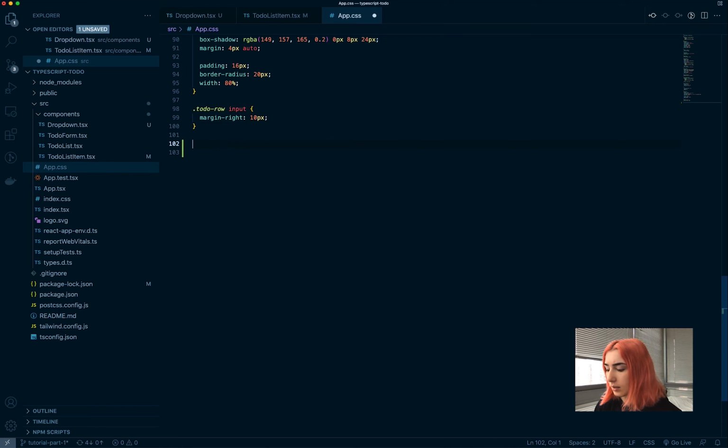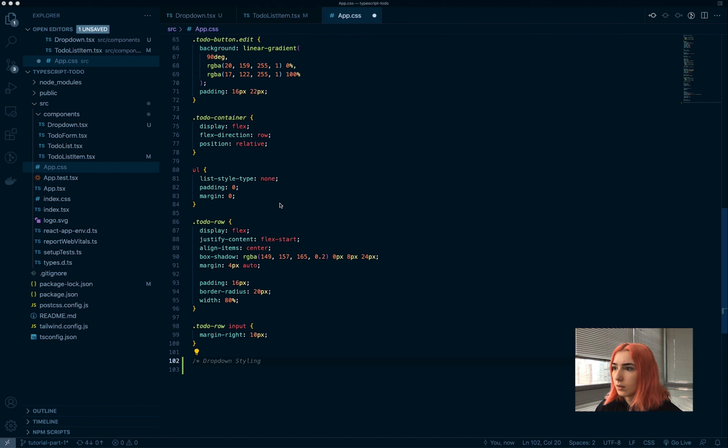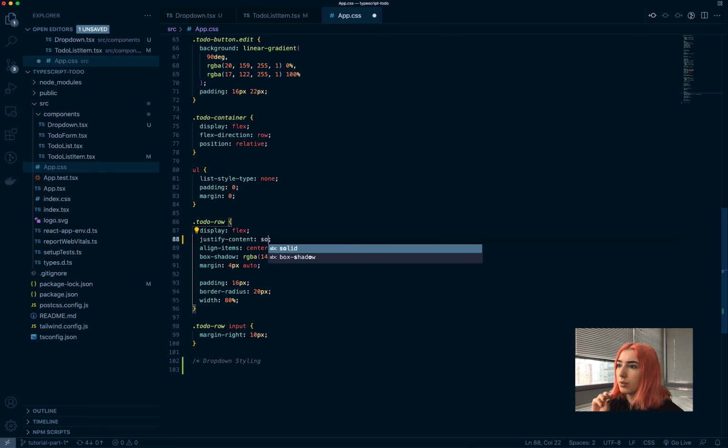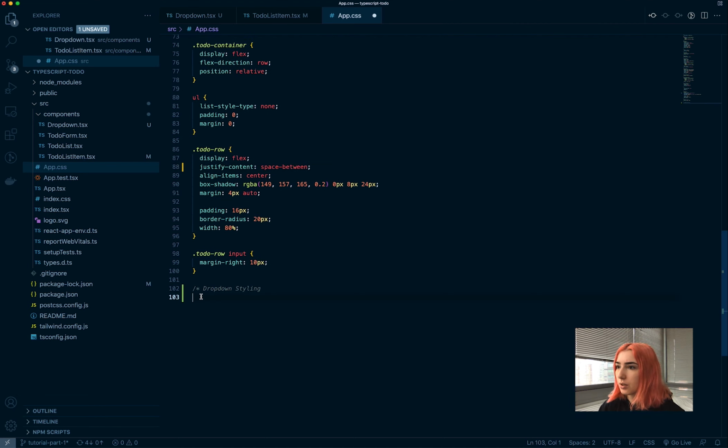I'm gonna add a comment for this section, dropdown styling. And I'll update this to be flex, justify content space between, because we want the dropdown to be all the way to the right. So this dropdown would also basically be just a button that would open the dropdown. So let's do